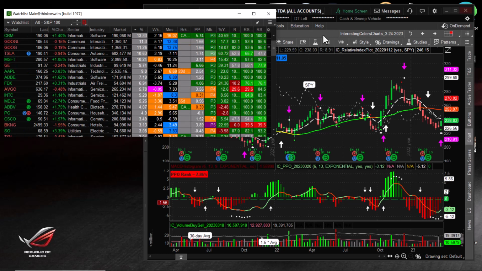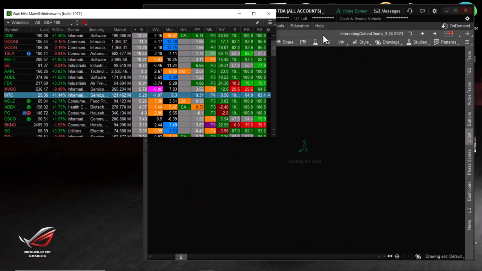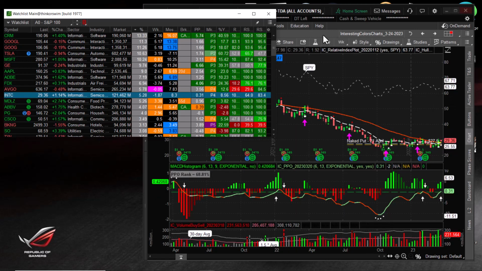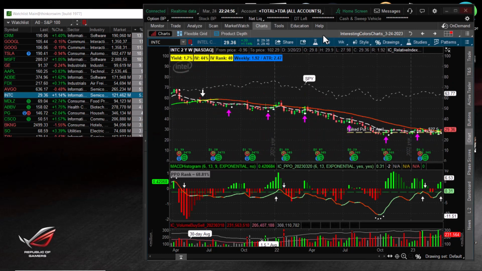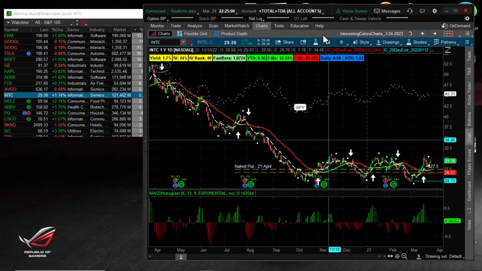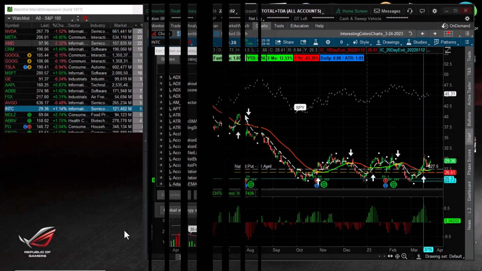And if you're looking for places that show, well, hey, it just crossed the zero line. Here's Intel. This is a spot where it just crossed up. It's a golden color with black letters. So here's a case where it just crossed. It doesn't really have much else going on. Got a naked put on this thing waiting because it looks like it's